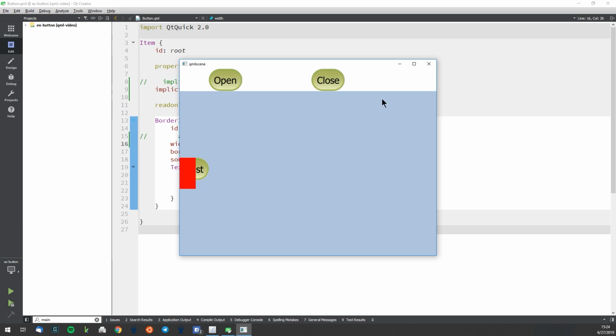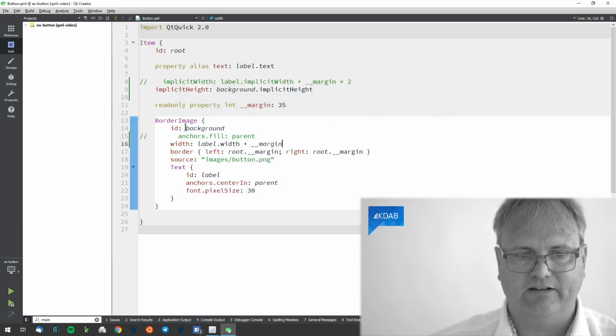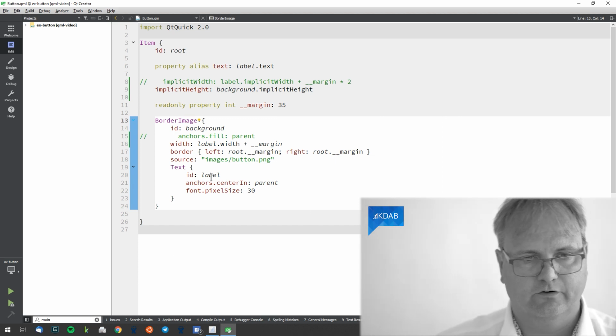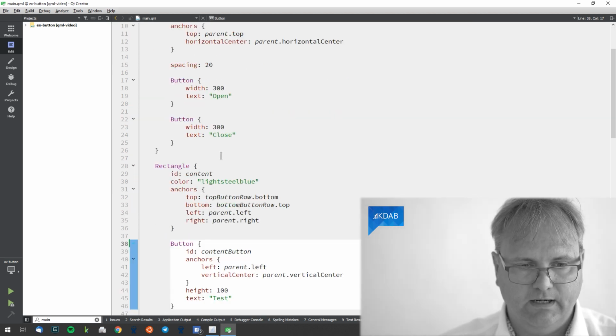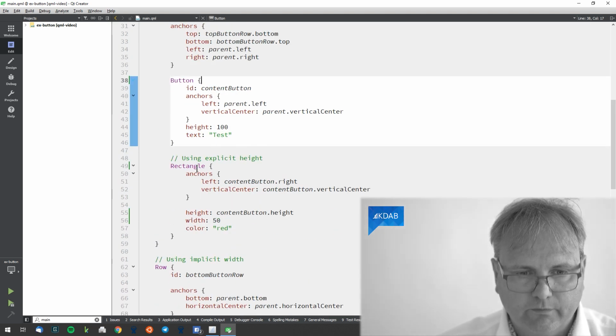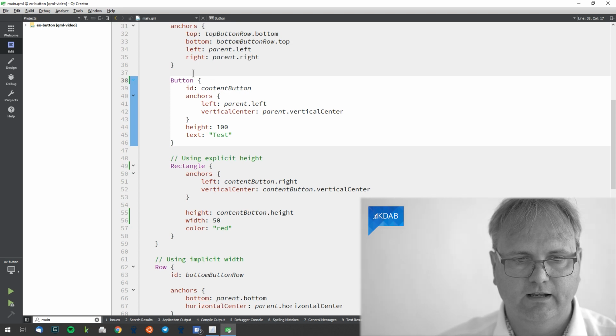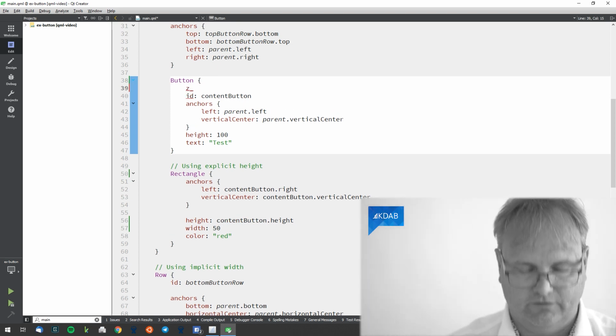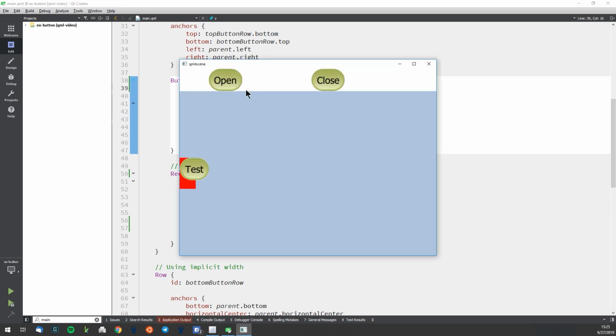And let me just make a small change to the code here so you can actually see that it's standing underneath that. So I need to go to my main, I need to find that button, that rectangle sit here, the button is underneath, let's put the button up on top of it, so set :1, :1. Now we run it again, and you can see now I just took the button and pulled it up on top of the red rectangle, but you can see that they are aligned at column 0 of the blue rectangle. The button looks like it's okay, and the reason why it does that,